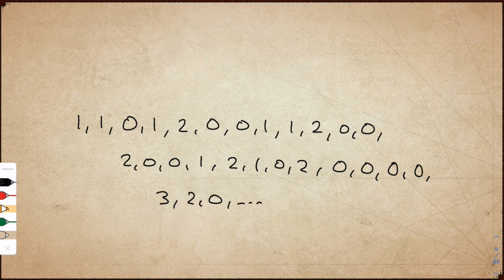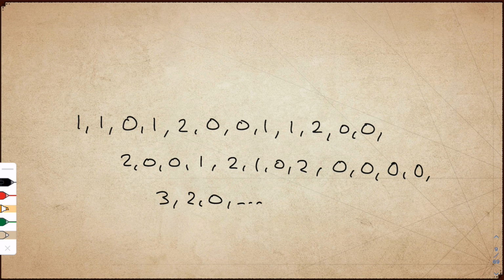Most sequences, like if I just wrote down some random numbers, 1, 1, 0, 2, 2, 2, 0, 2, would almost certainly not be an L function. But this is one of those very, very special, almost magical sequences that happen to be an L function, or the coefficients of an L function. Can you see the pattern in this sequence? Could you, for example, predict the next entry or the next 10 entries?